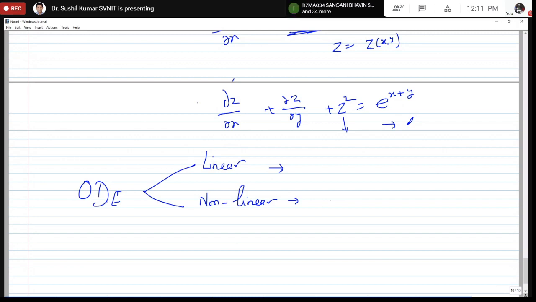If you are writing the definition of linear and non-linear simultaneously, then you can write the first definition for linear, then say equations which are not linear are called non-linear. If you are only writing the definition of non-linear, then you have to define it correctly. In that case, you will write: an equation which is non-linear in the dependent variable and its derivative is called a non-linear differential equation. So in OD, we have only two categories, but in PD,